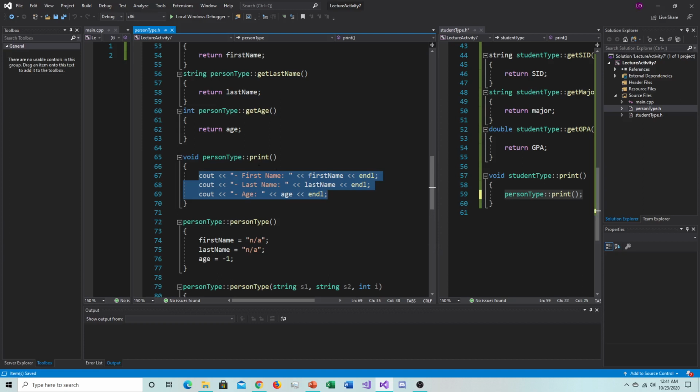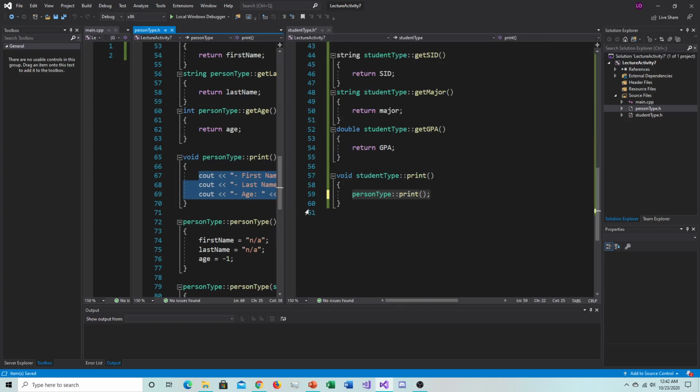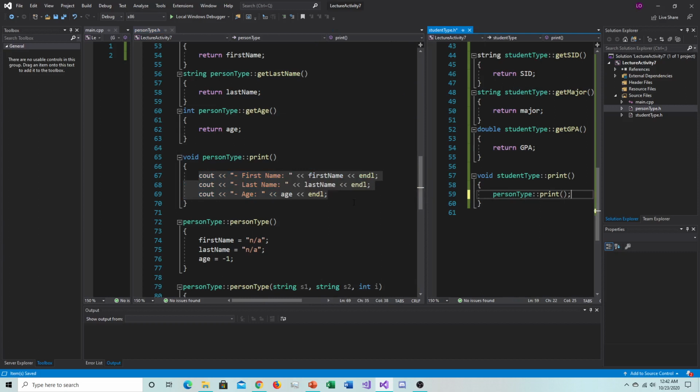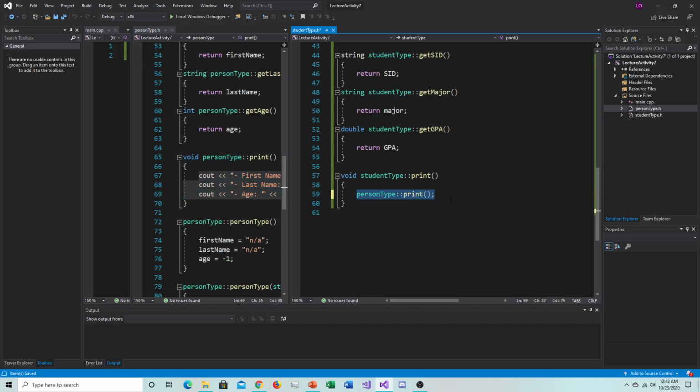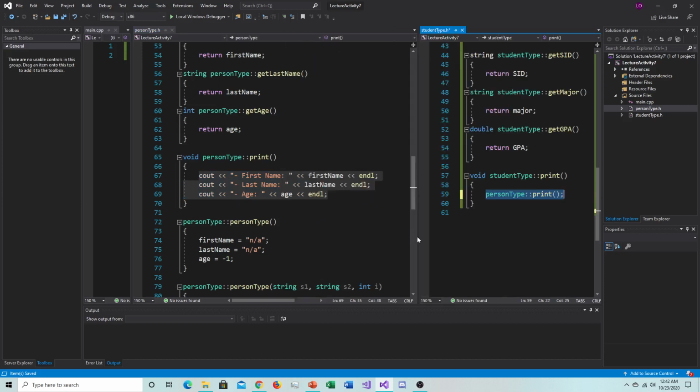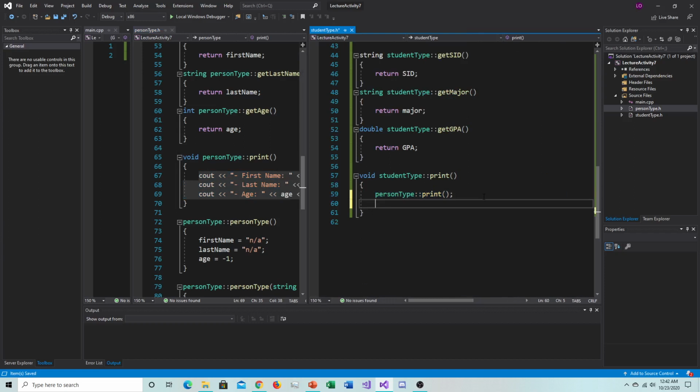Okay? So this covers first name, last name, and age. All we need to do now is state SID, major, and GPA. So the way I want you to visualize this is imagine this is taking the place of this one line of code, and then we're just picking up from here. So start a new line, say cout SID, so SID, and endl, cout